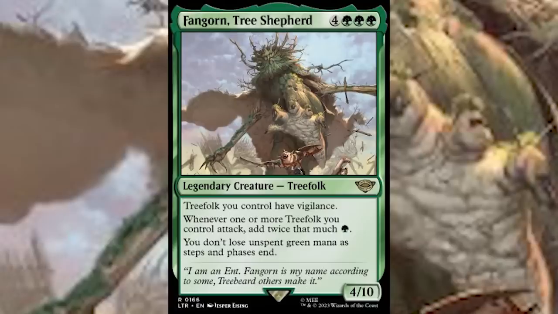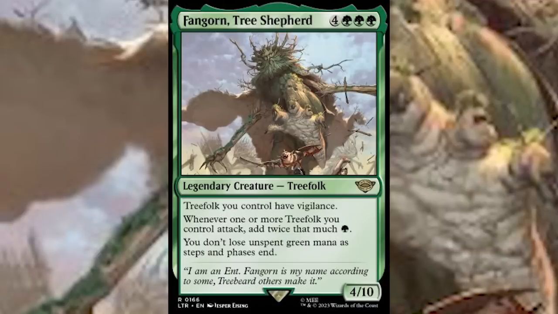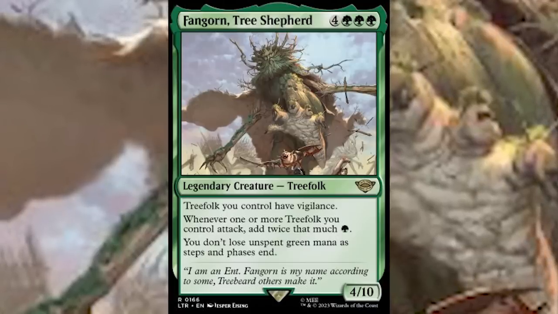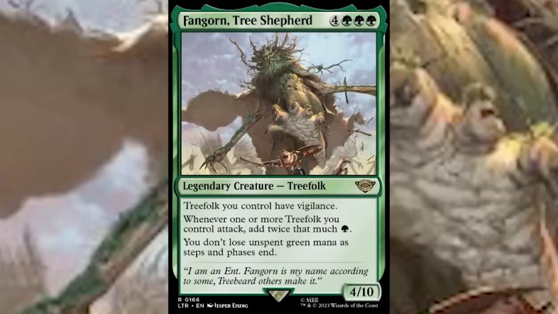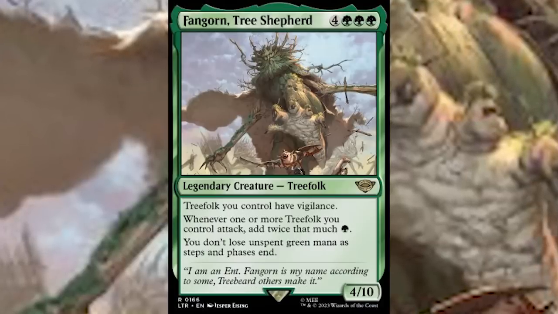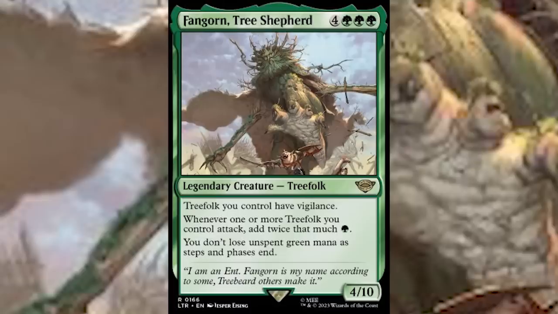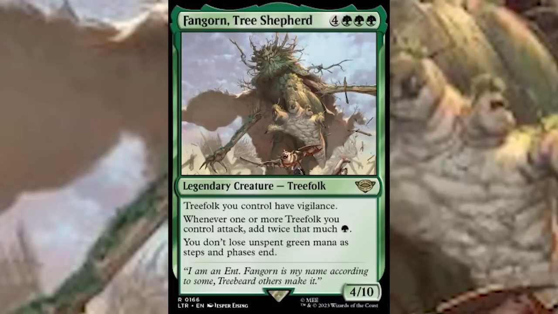So whenever one or more tree folk you control attack, add twice that much green mana, and you don't lose unspent green mana as steps and phases end. Bro, this totally has the feeling of living tree folk helping you out, right? Normally you can draw mana from forests, that kind of a vibe. That's where I get my green mana. Well, this is a sentient aspect of it. They're in harmony with the land. They can draw the mana up